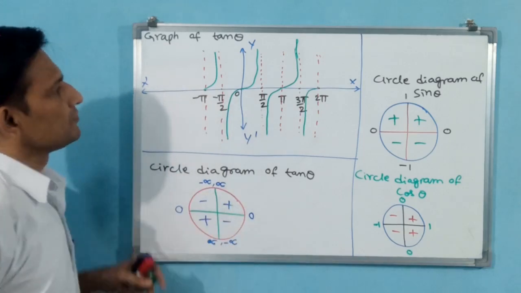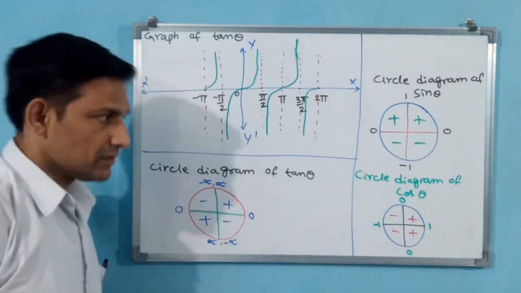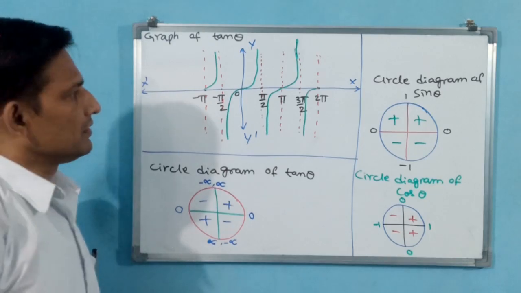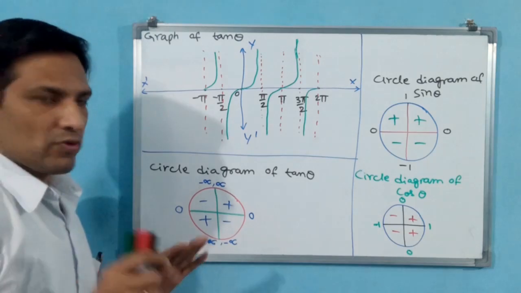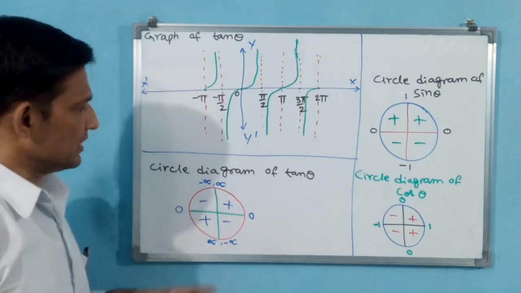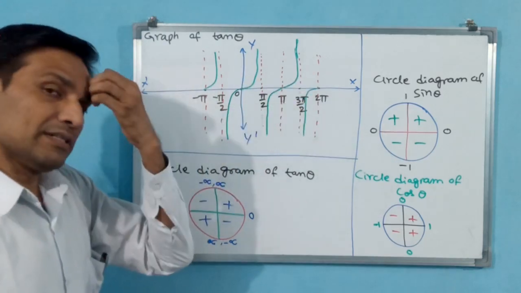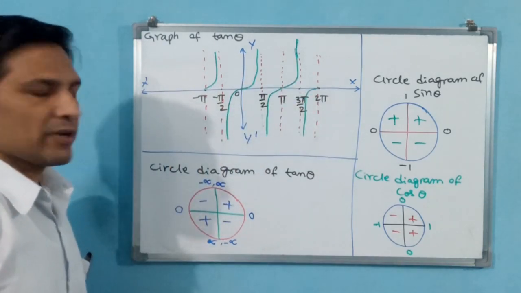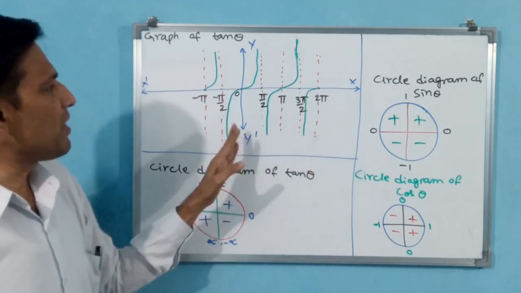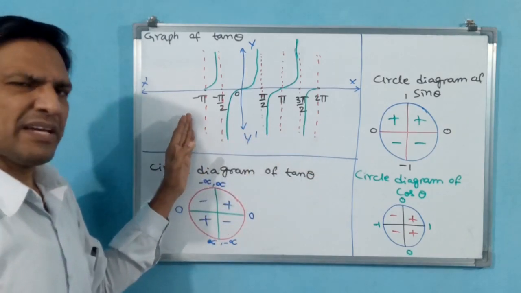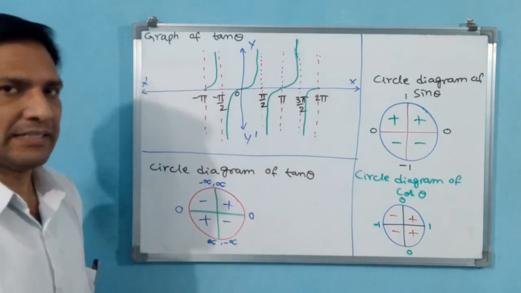Have you understood this graph? Yes, this is tricky. That is why you have to observe a little bit carefully. See, in the negative area and positive area, we have drawn this graph. For your examination, if it comes, you can draw on the positive side up to 2 pi, and on the negative side minus pi is enough. Why? Because you have to understand the pattern.